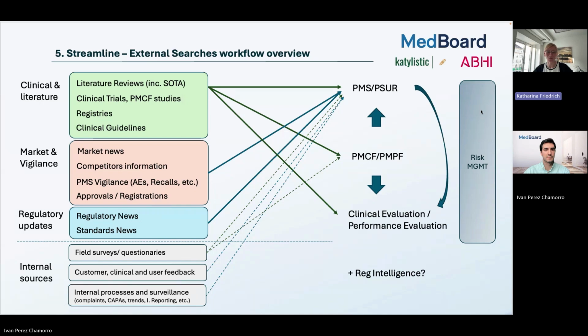And I think that's one of the really nice things that has improved now with the MDR: this interconnection between different teams, and also that you can really see, okay, there is a purpose or a reason why we do this. It's not only because we have to do it, it's also because it helps us to improve our medical devices